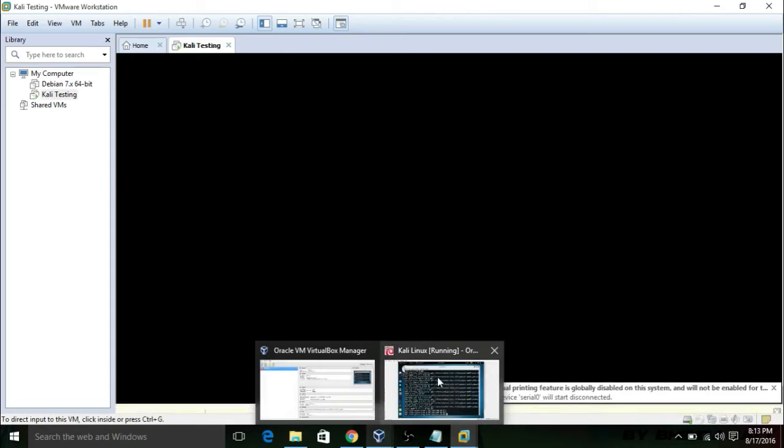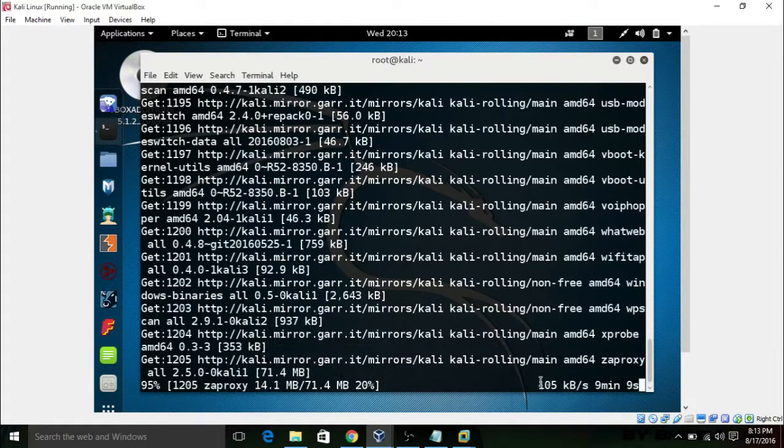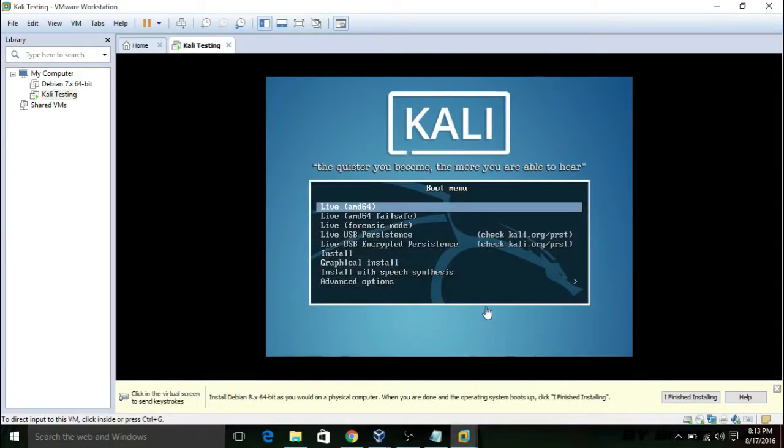Let me show you how it looks. It looks somehow like this. Okay. Now you won't be able to use your keyboard. Look, I'm using my keyboard, but nothing is happening. So you have to press Control plus G to get into the root. Now as you can see, the keyboard is working. So if it's not working, to get into the typing mode in your virtual machine, you sometimes press Control plus